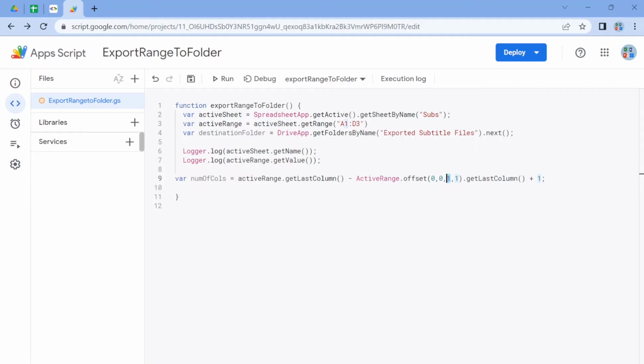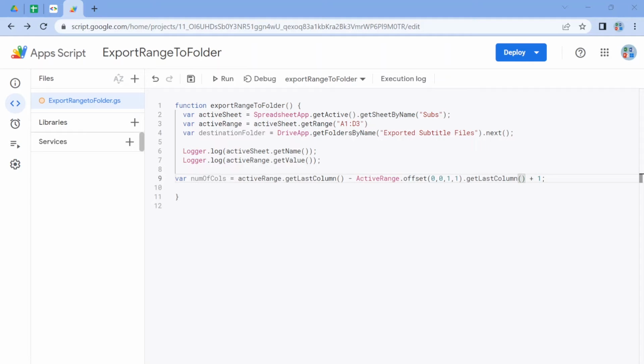So I want to grab just the first cell, not offsetting anything, and I just want it to be a 1 by 1 cell or range. So I want to get the column of that, and that's it. So plus 1, so that should work.